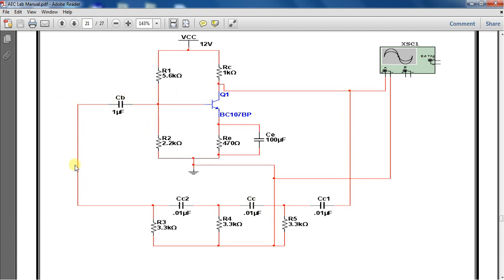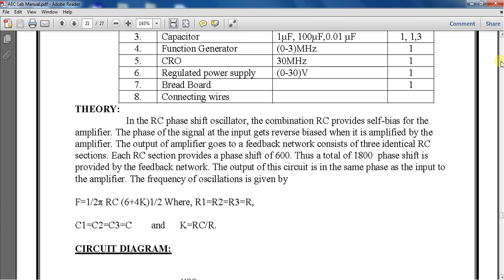There is no input signal, right? We are giving 180 degrees phase shift, so that it will be in phase with the input signal. There is no input signal. So in the CE configuration we know that it gives the 180 degrees phase shift. That phase shift we are removing. When the 180 degrees phase shift is removed, then it will be in phase with the input signal.